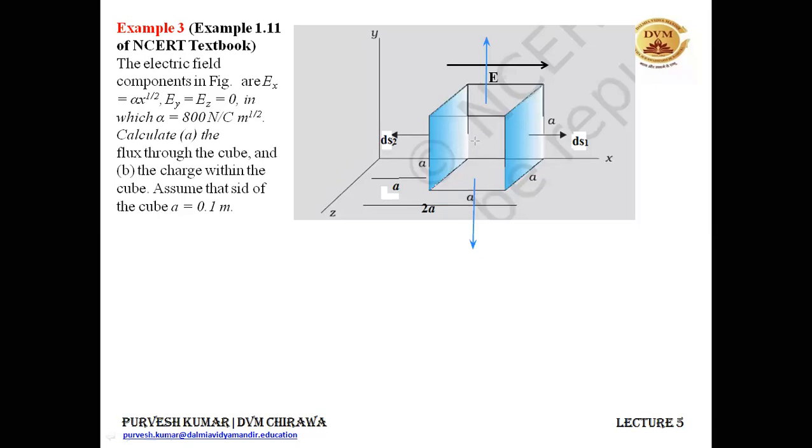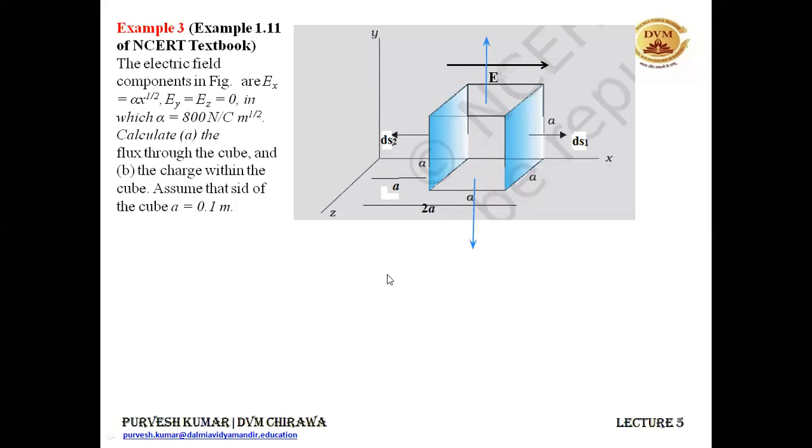Okay. But the area vectors, this one marked with blue that I have drawn, and one in the bottom, one on the top, one on the plus z-axis and one on the minus z-axis, they are making an angle of 90 degrees with the electric field. You can see it. The angle between electric field and this ds vector is 90 degrees. Similarly, with this ds vector from the bottom side and this electric field, it will be 90 degrees. Same is the case with the 2 area vectors coming from the front side and the back side, that is along the positive z-axis and the negative z-axis, it will be 90 degrees.